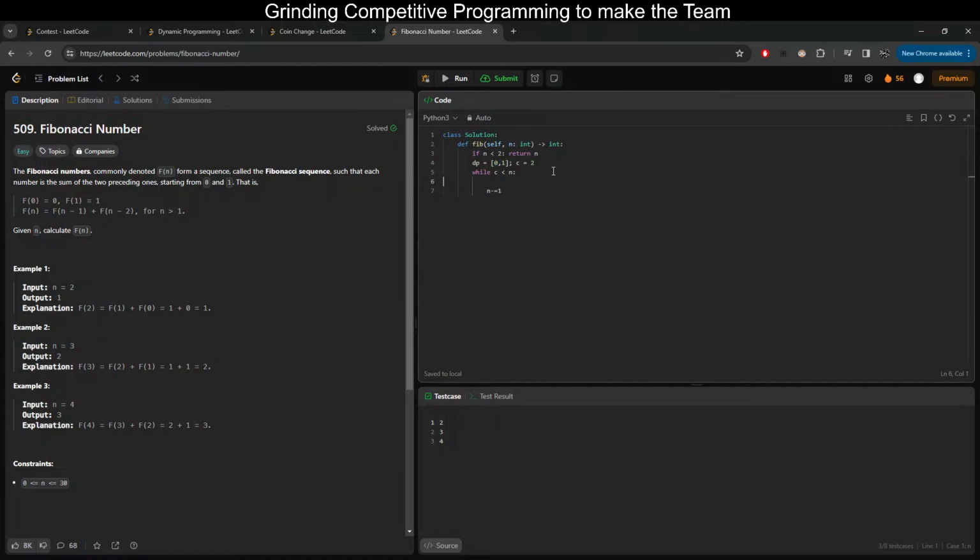So I could just say the dp at cur mod 2 is equal to the sum of dp. So you add up the current, do that. And then return